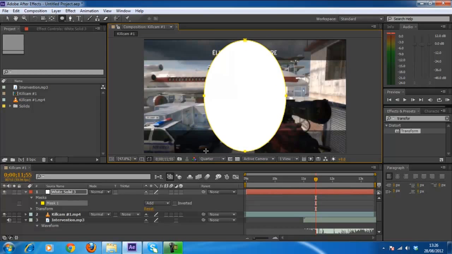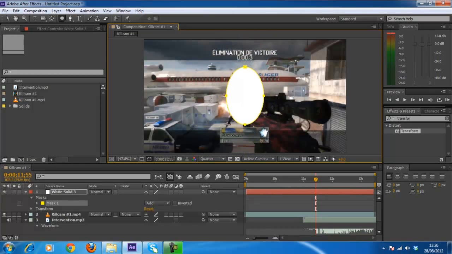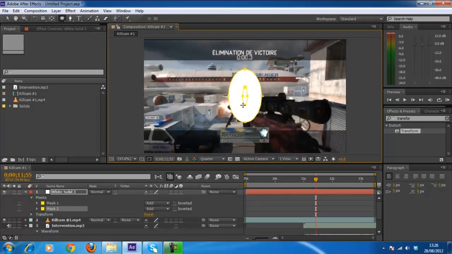And then when you're happy with the size of it, I'm going to make it the size that I want it to start at, release it, and then make another one inside it. Hopefully that didn't sound like some kind of innuendo. Anyway, make another one. The other one I want to be longer so that it cuts it off, and then